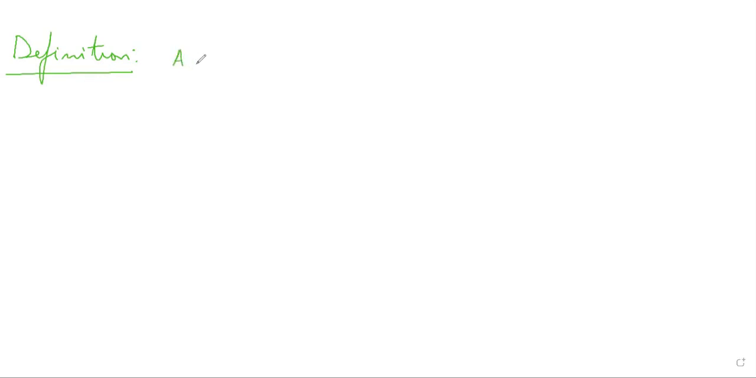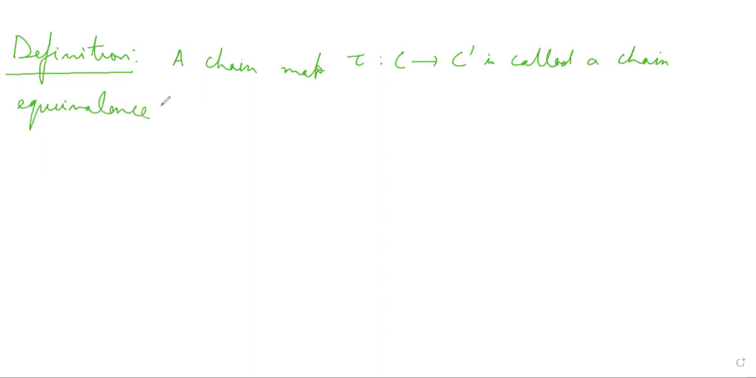A chain map tau from C to C prime is called a chain equivalence if this class,